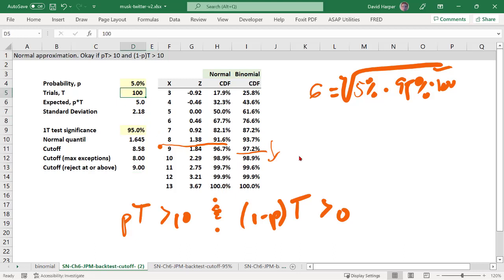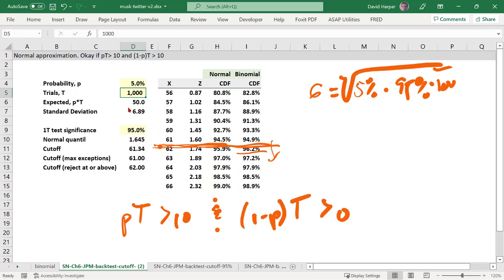So if we now, let's just bump up the number of trials here to 1,000. So probably the last thing I'll do. So if Elon Musk goes to a larger sample size, you can see 50 is the expected. Now my test certainly applies. I have reduced the skew. The skew in the binomial reduces enough that the normal is okay. And now I take the 50 times 1.645 standard deviations, and I get a cutoff here of about 62. So that cutoff would be here, pretty close to where it would be with the binomial.